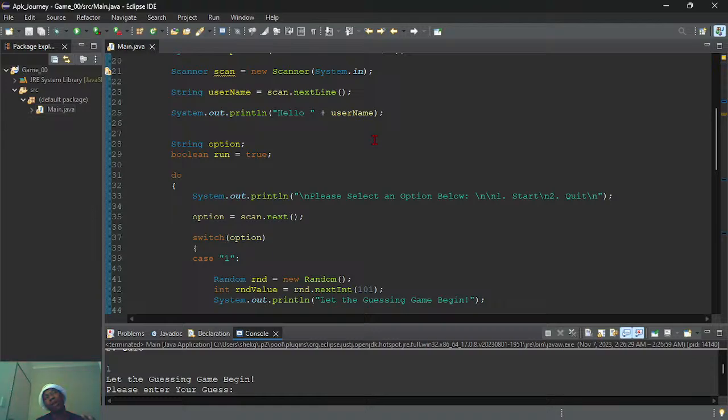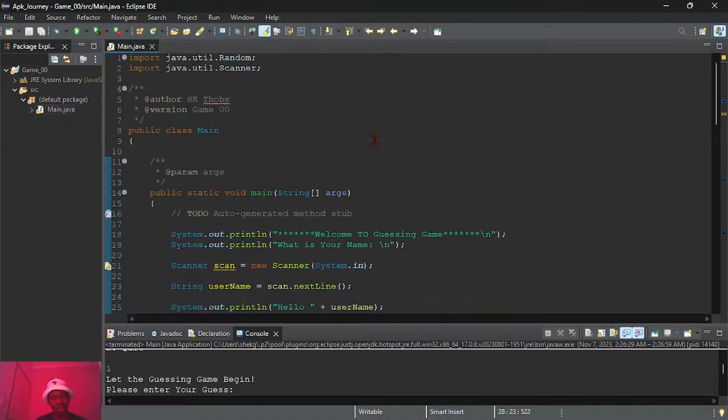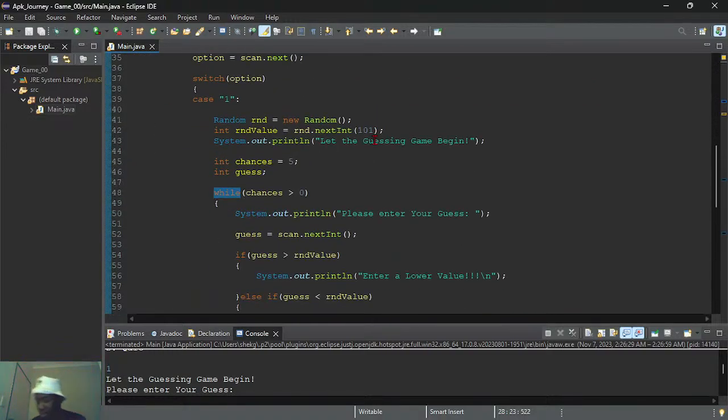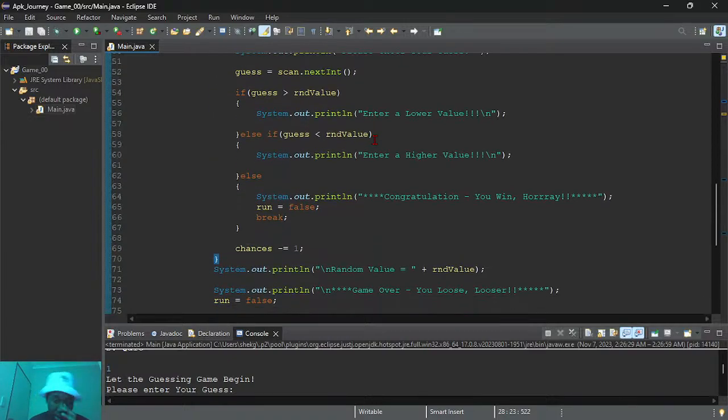When you press start, it's supposed to take you to the page where the user enters the value and then clicks on the button, and then a message is supposed to pop out to the user saying go lower, go less, whatsoever. So the next time I go live, I'm going to be demonstrating this simple game on the application.